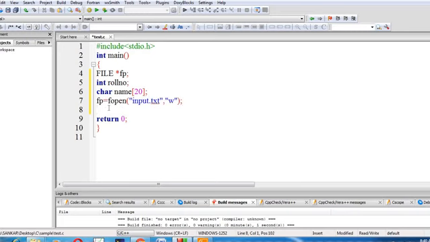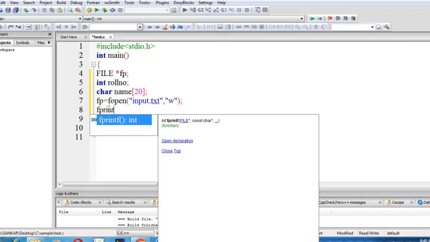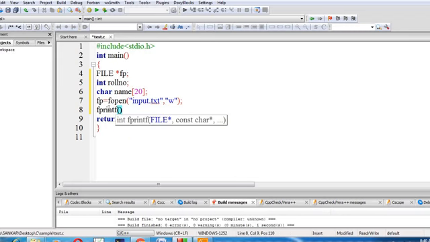After that I am using fprintf with the file pointer, and within the double quotes %d and %s. The first parameter is roll number 1, then the second one is name Akash, with a semicolon.